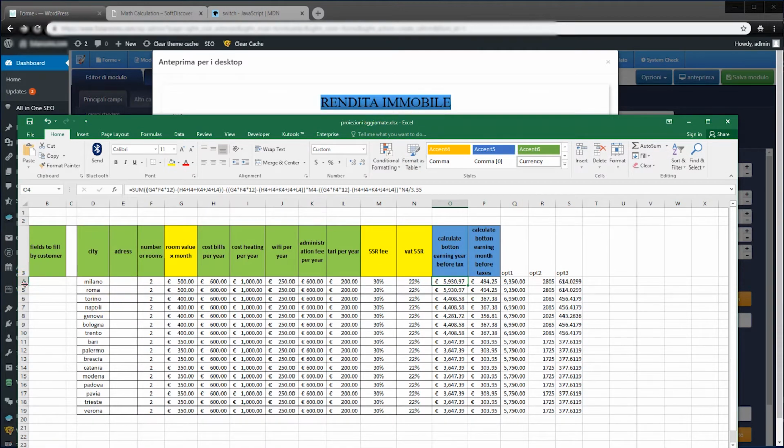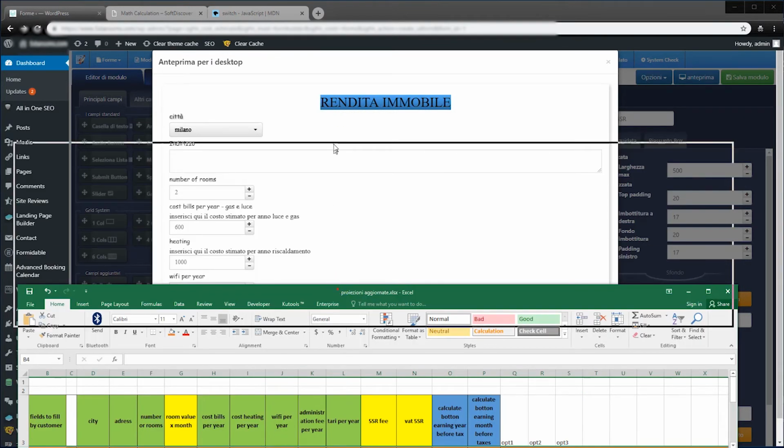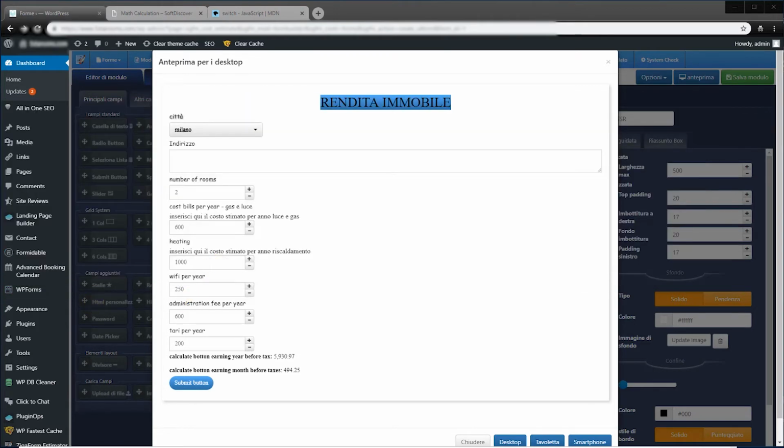Okay, we're going to mark this as, look at this, here it is. You can see the value is the same. Oops, here it is. All is fine. Now we will test another example. For example, Genova. And Genova